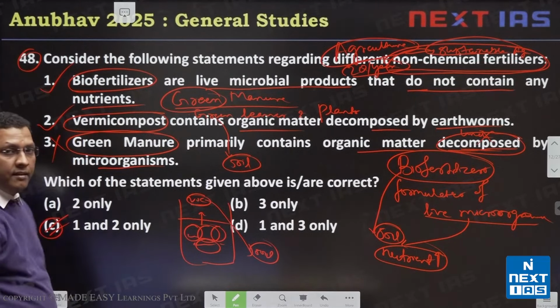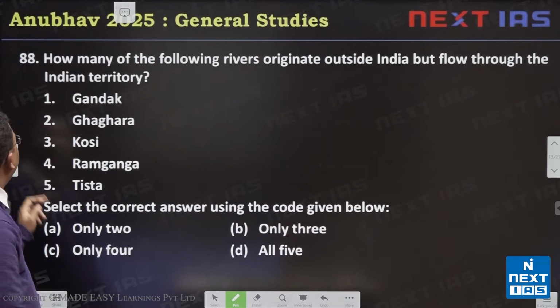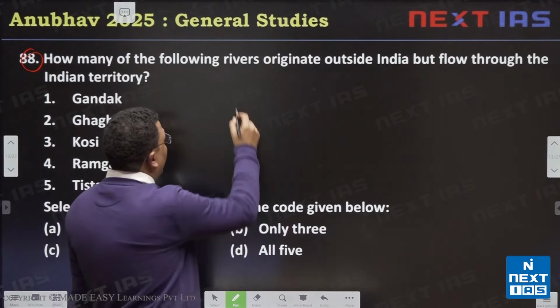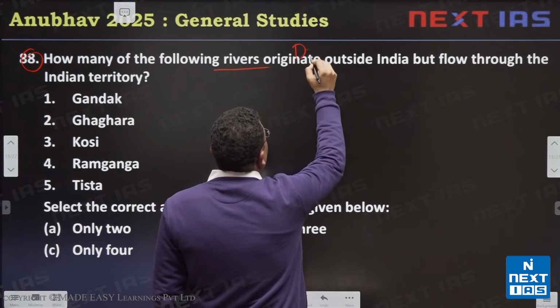C, right? C is the correct answer here. Now let's see the next question, that is question 88. It says how many of the following rivers, so this is a question based on drainage system of India,